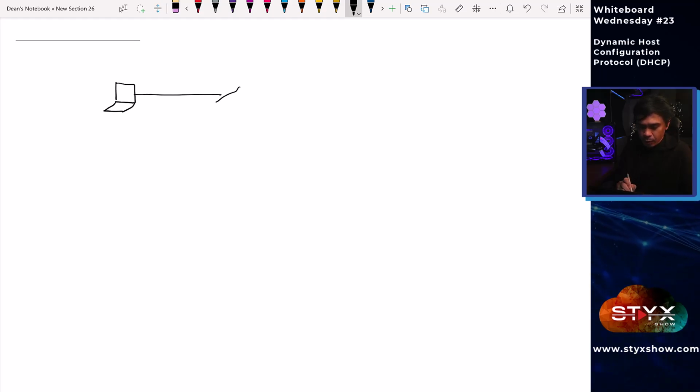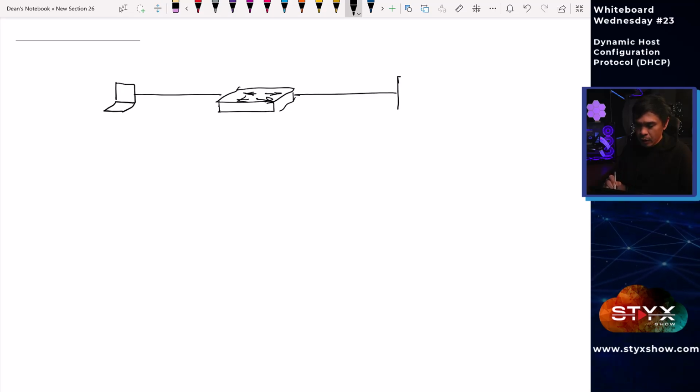Let's talk about DHCP, or Dynamic Host Configuration Protocol. Now what I'm going to do is draw a simple topology. Here's our PC, and I will also add a switch, connecting to our DHCP server. So this is the DHCP server,